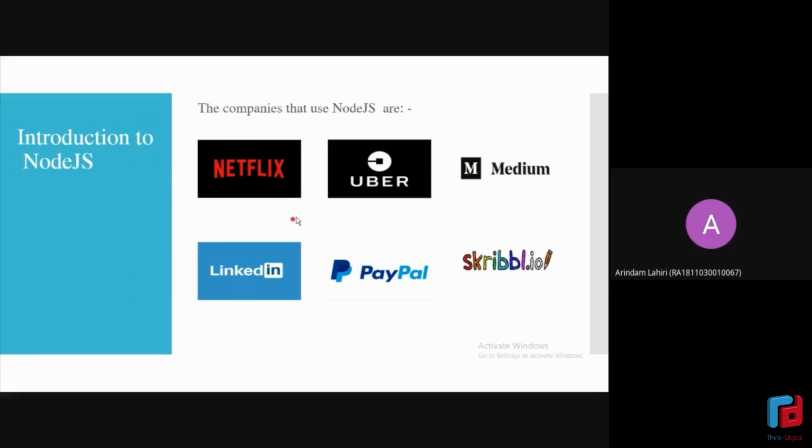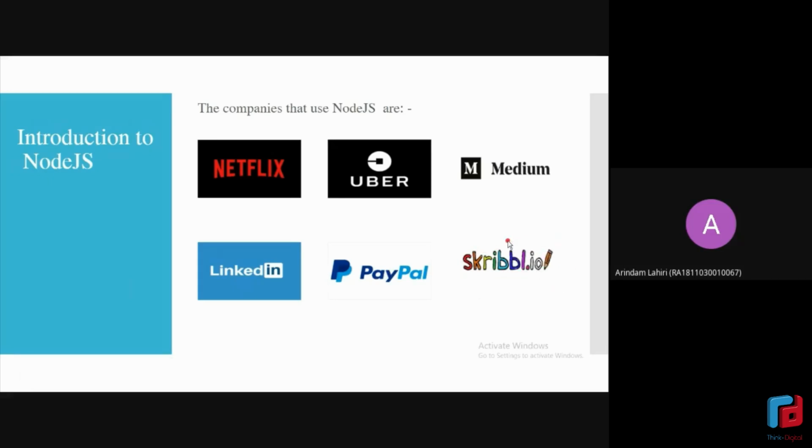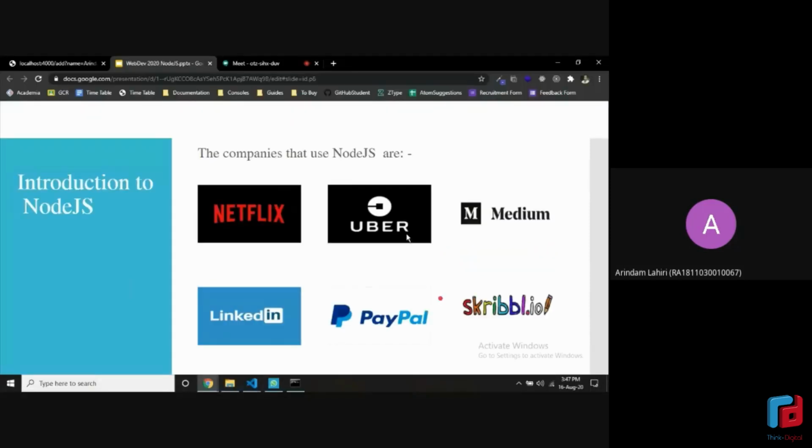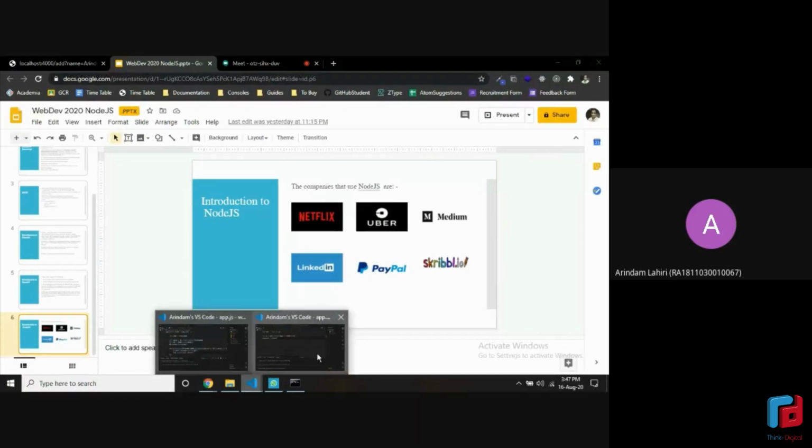And in this lockdown, I'm sure most of you would have played this game, Scribble.io, and even that uses Node.js. So you can think of it this way, that once you know Node.js, you can create such a popular platform also, and just everybody will use your product. All right. So that's it for the theoretical part. Let's just move to writing some code now.